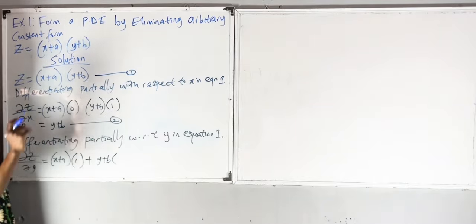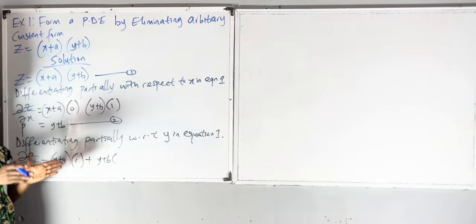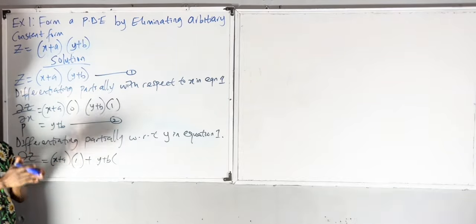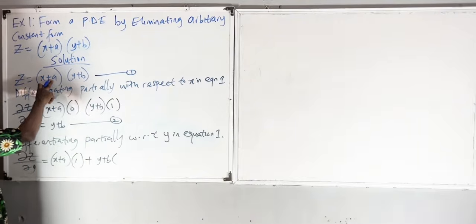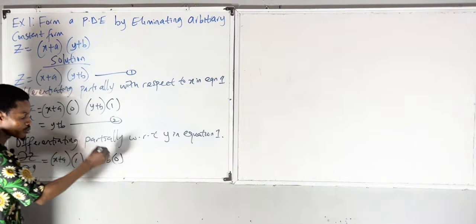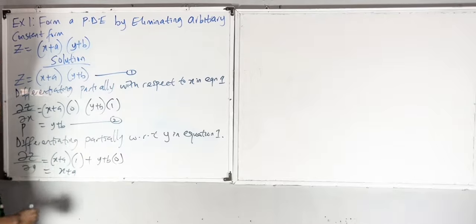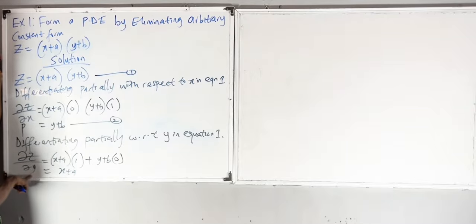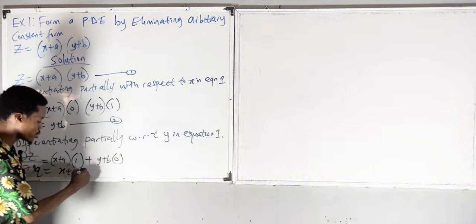Plus, I'm going to take y plus b, then differentiate x plus a with respect to y. Remember that if you are differentiating partially with respect to a given variable, anything not involving that variable is treated as a constant and will be 0. You can see that in x plus a, y is not mentioned, so I'm going to have 0. So my answer is x plus a times 1, which is x plus a. Remember that the notation for partial z over partial y is q. You can see that our q is x plus a and our p is y plus b. This is equation 3.